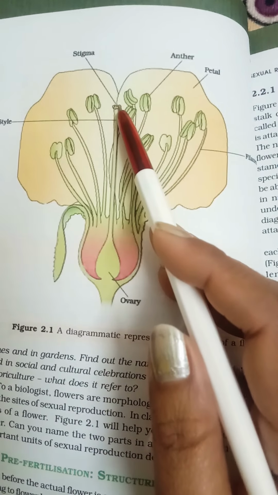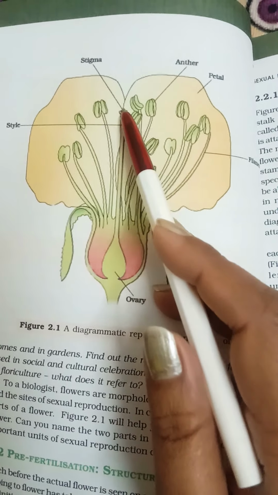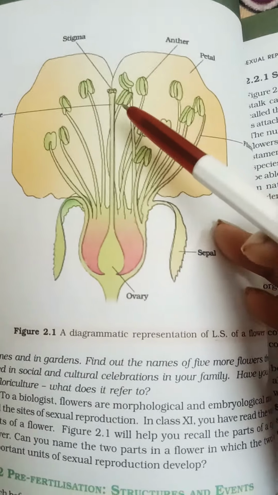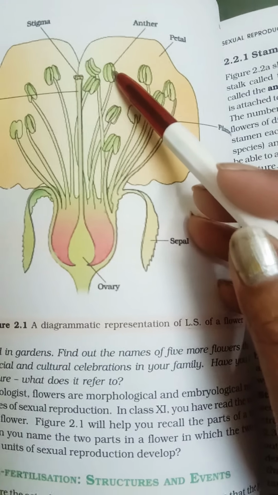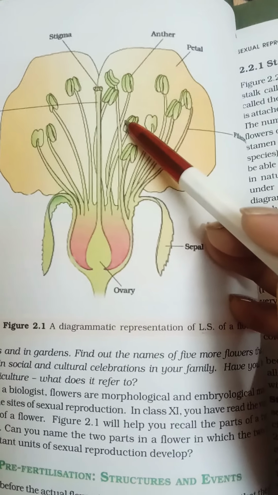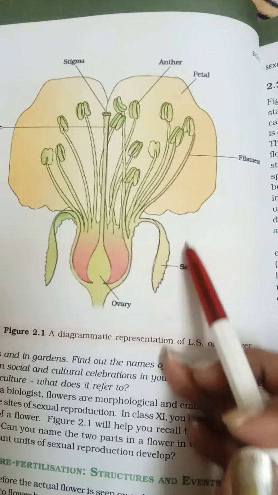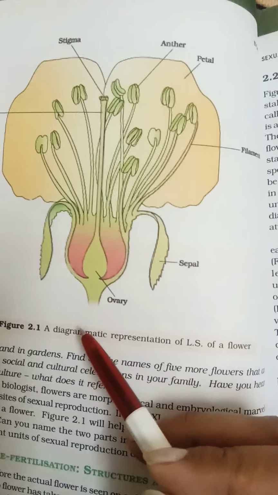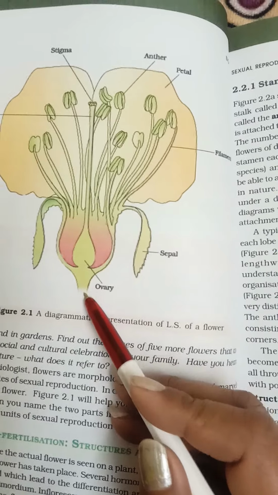This is the female part, gynoecium, and carpel you can say, that contains stigma, style, and ovary. This is also called carpel and pistil. Now this is the male part, anther and filament. Anther and filament both constitute stamen, and this is also called androecium. Alright, these leaf-like structures are called sepals, and the part of flower from where we hold it is called pedicel.